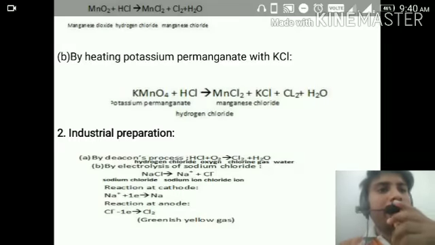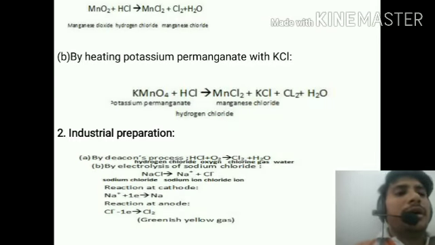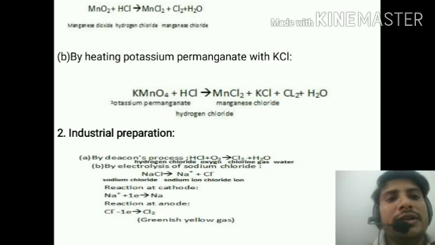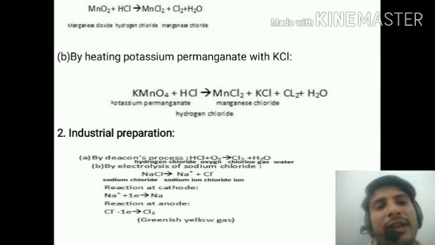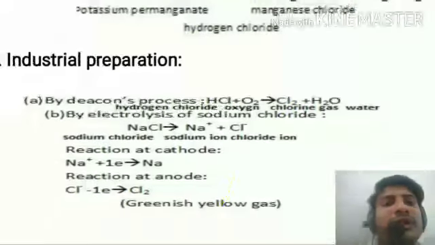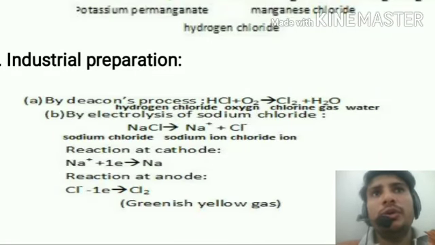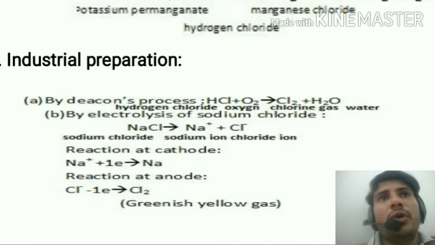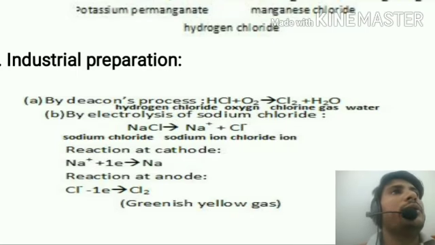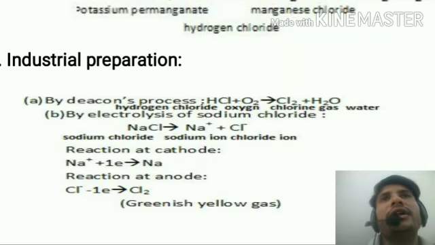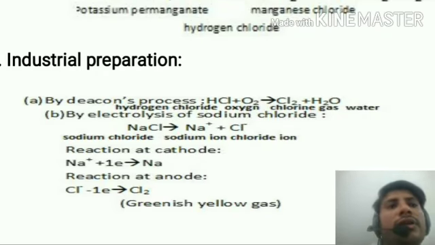Now if we talk about the industrial preparation of chlorine gas, we talked about the two laboratory methods, but now we are going to talk about the industrial method. In the industrial method, we use electrolysis of a salt like NaCl. In this method we use a battery, and anode and cathode electrodes. When current is passed through the electrolyte, the brine solution, Na plus shifts to the cathode electrode, and the chlorine ion shifts to the anode electrode. That's why we get chlorine gas.